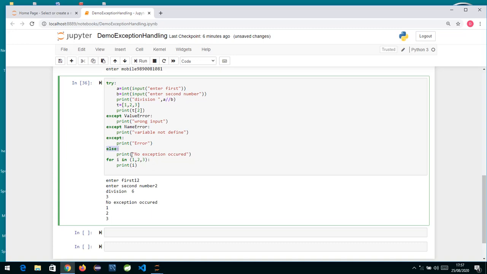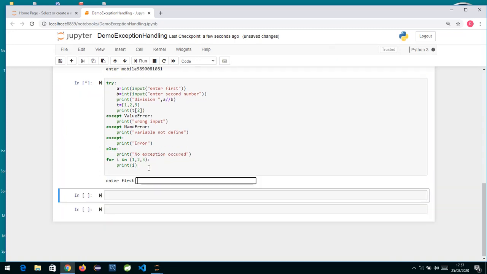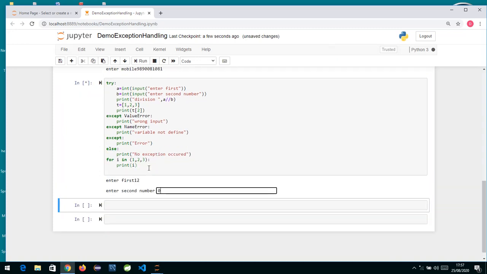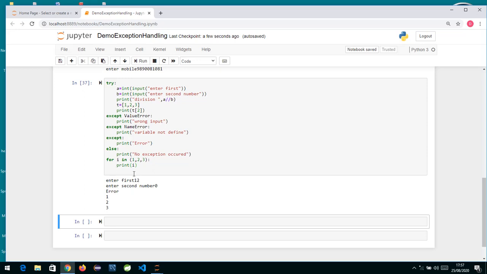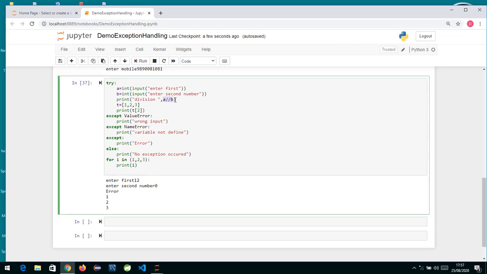If there is an exception, see, if I just run again and show you. Some exception we purposefully create over here: 12 and I write over here 0. Now an error has occurred because when you try to divide 12 by 0, an exception has occurred, and the name of the exception is ZeroDivisionError. So it has stopped over here itself, and from here it has directly gone inside the except block. The error it has printed, and after that it has gone over here. So this else block is not executed because an exception has occurred.